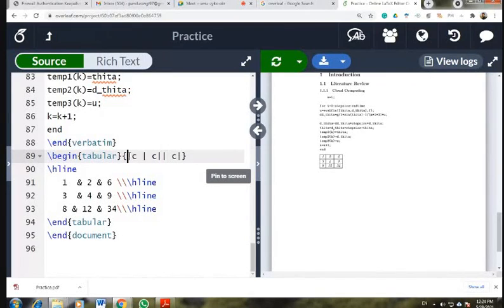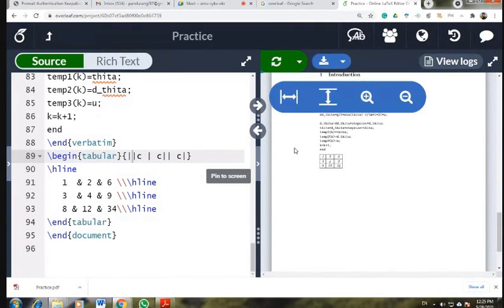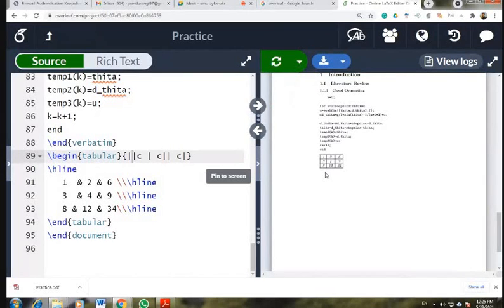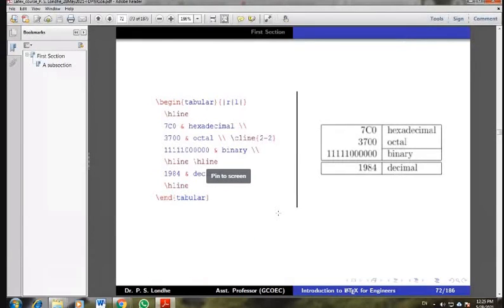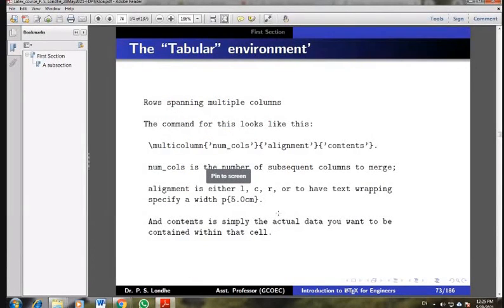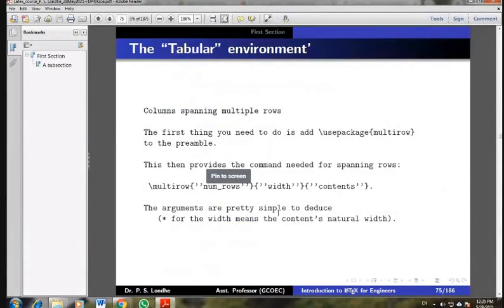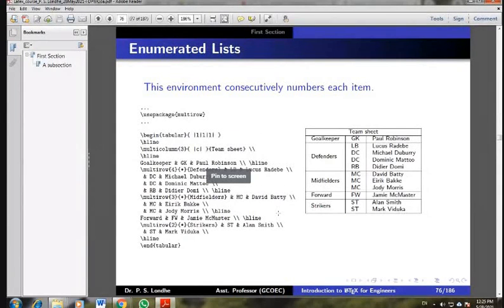You can put it over here also. If you want a double vertical line, then you can use it like this. So likewise, you can create a simple table, right?